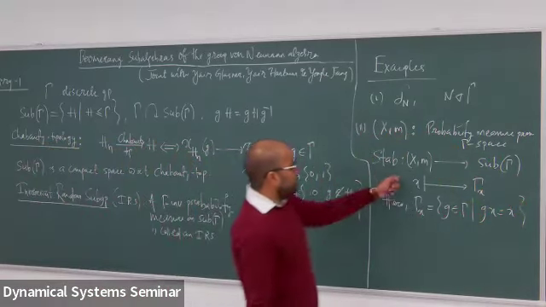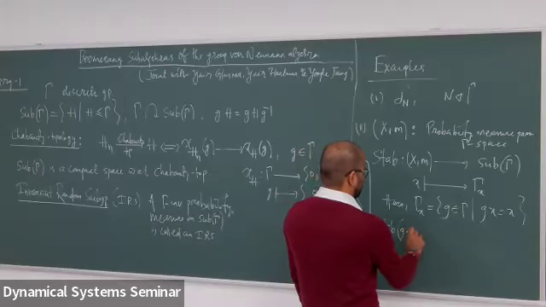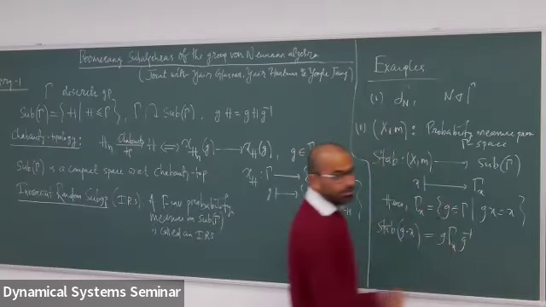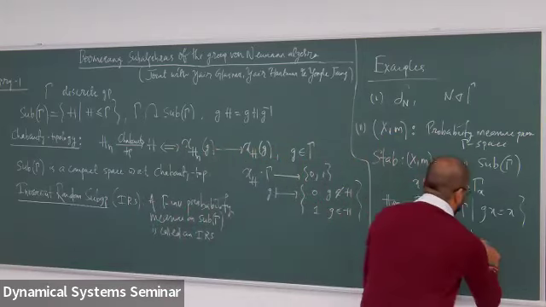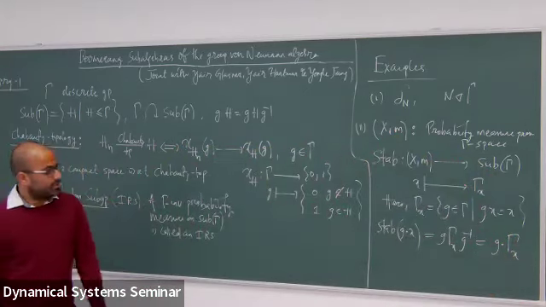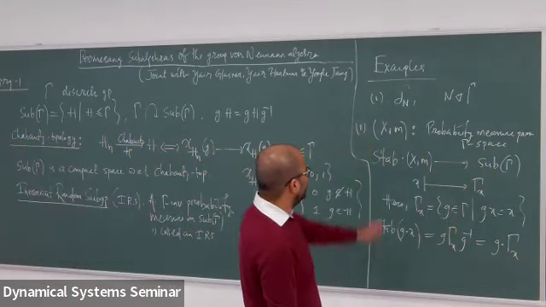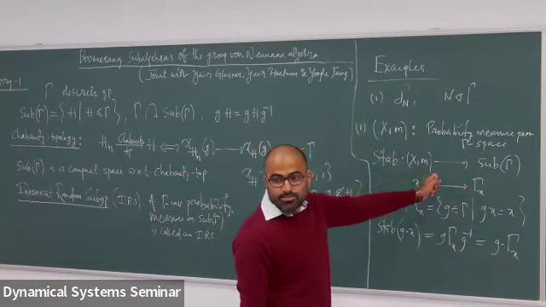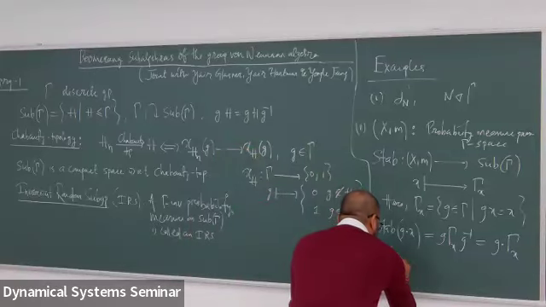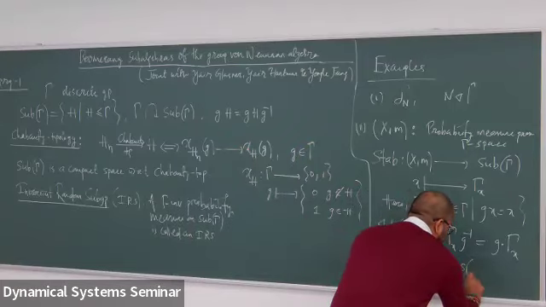And moreover, this assignment is Gamma-equivariant, in the sense that the stabilizer of g dot x is exactly going to be g Gamma_x g inverse, which is the action that I have on the other side. And of course, it is a measurable map and equivariant with respect to the action. So I can push forward this measure via this map to get an invariant probability measure on Sub(Gamma). So the pushforward of m is an IRS.